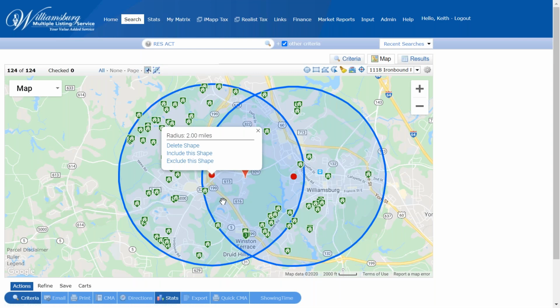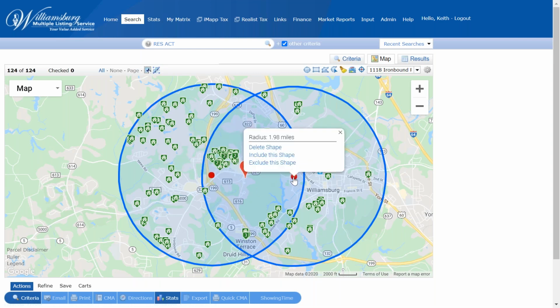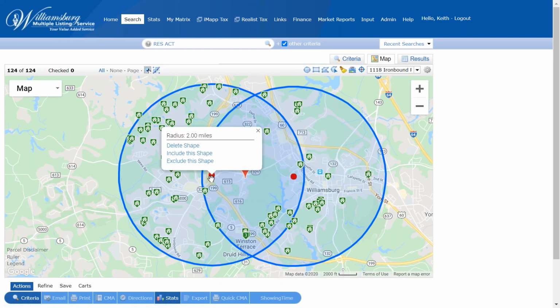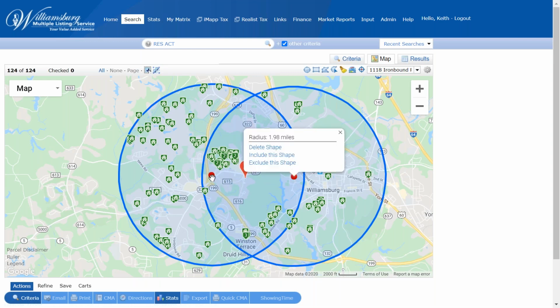But what you can do, this is one of the newer features I want to show you, that once you draw your two shapes there, actually, you know what? I apologize. You don't have this new feature yet. When you hover over either shape there, you should have a new feature coming very, very soon. I apologize, I thought it was already here. But when you hover over one shape or the other, when you have shapes overlapping each other, like I do, you will have a new one called include